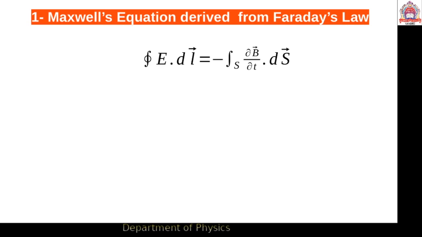Now consider Faraday's law, which relates the EMF induced in a circuit to the time rate of decrease of the total magnetic flux linking the circuit. In general, we can write the closed integral E dot dl is equal to minus the surface integral of dou B by dou t dot dS. This is Maxwell's equation derived from Faraday's law